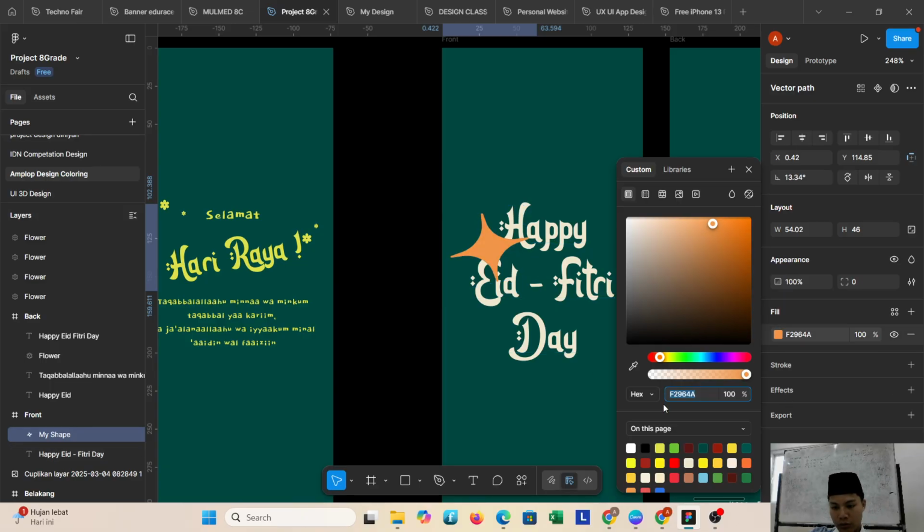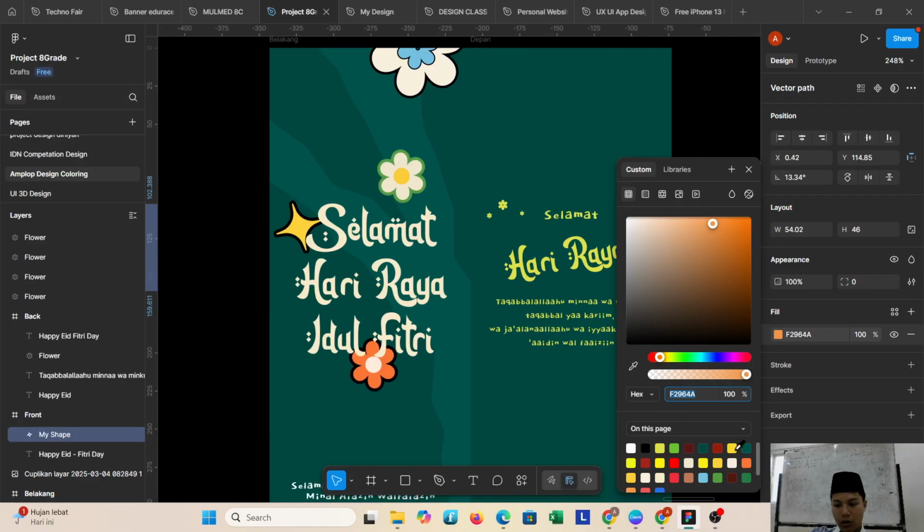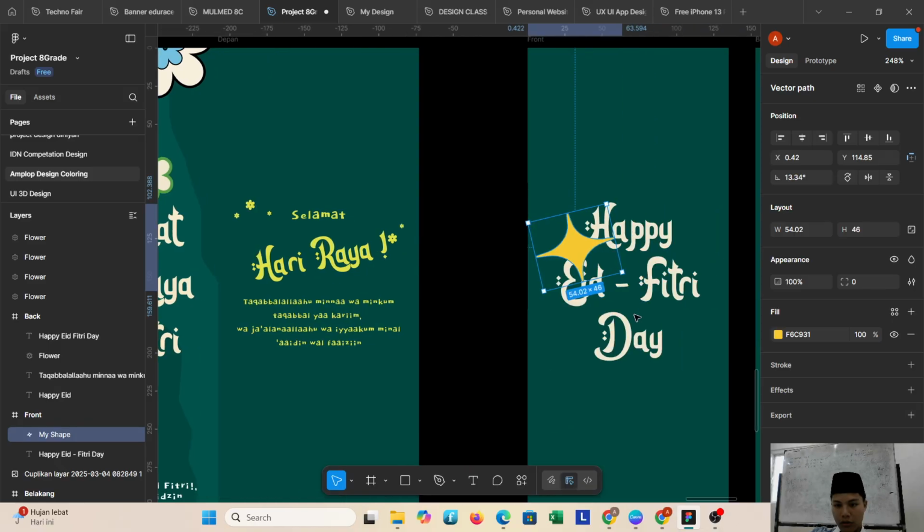I want to use yellow, and then put it at the back of the text.